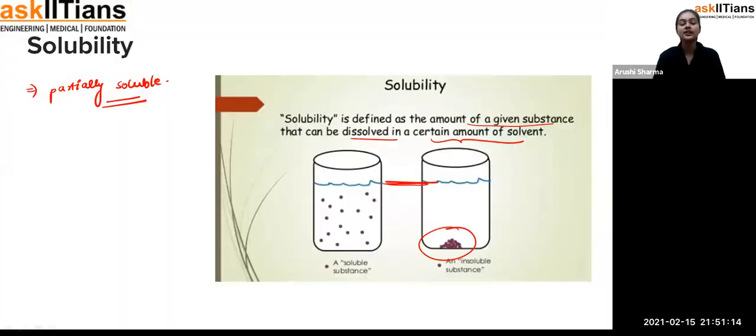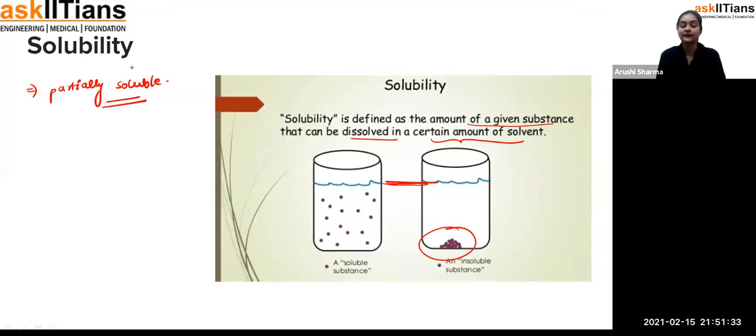So some of the substances are soluble, some are not. When we're talking about solubility, it depends upon the type of component we are having, whether it is a soluble component, insoluble component or partially soluble. So that defines its solubility. That means how much of the substance is getting dissolved in a particular amount of solvent, that we call